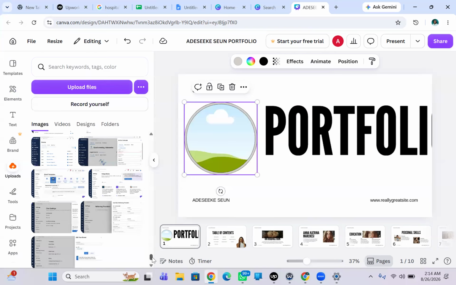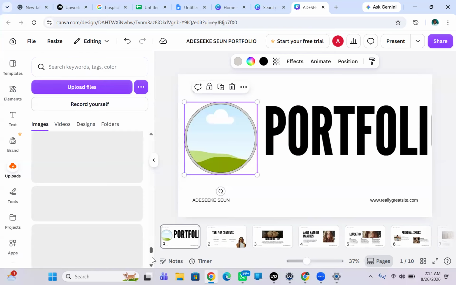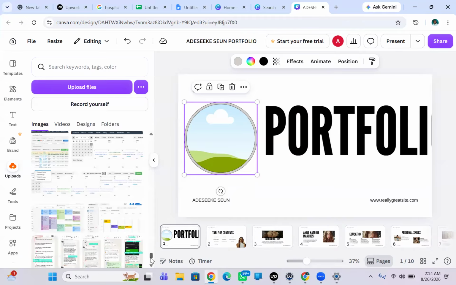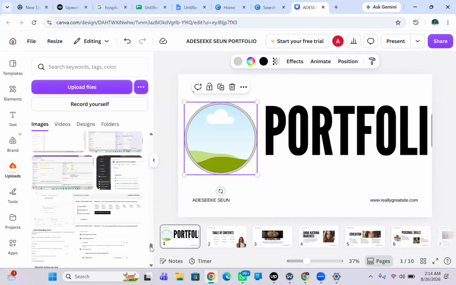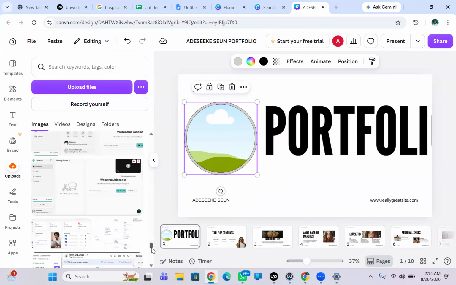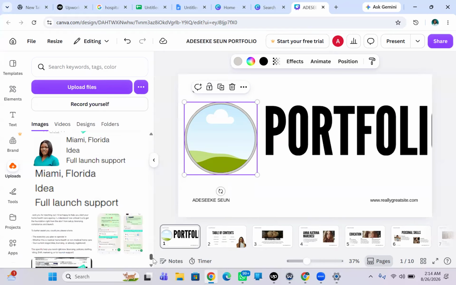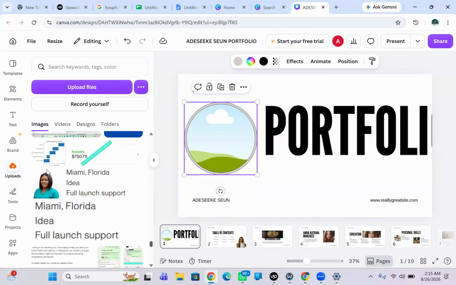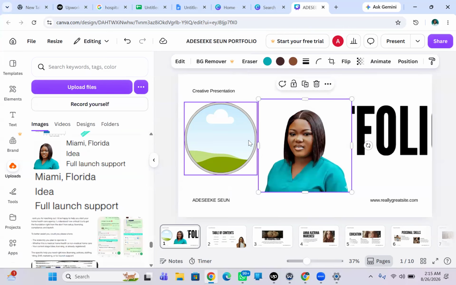Let's continue. I believe it's down, down, down. Maybe I should push this one here. Okay, I think it's down. Let's continue. My picture, where art thou? Or should I use this one? Okay, I can use this. All right, for my photo. My photo is here. What will I do? Okay, I can just